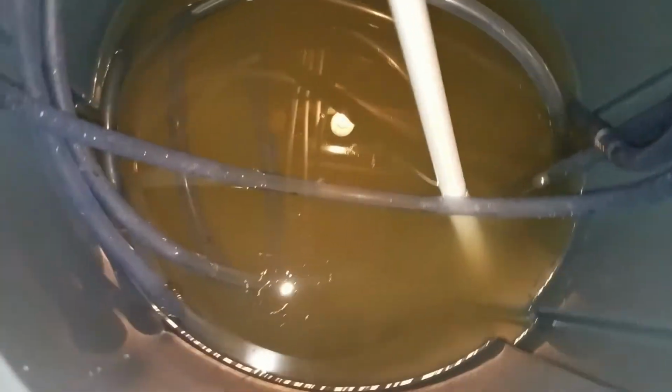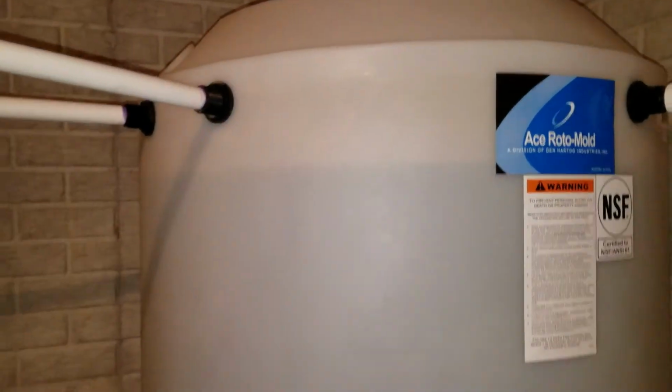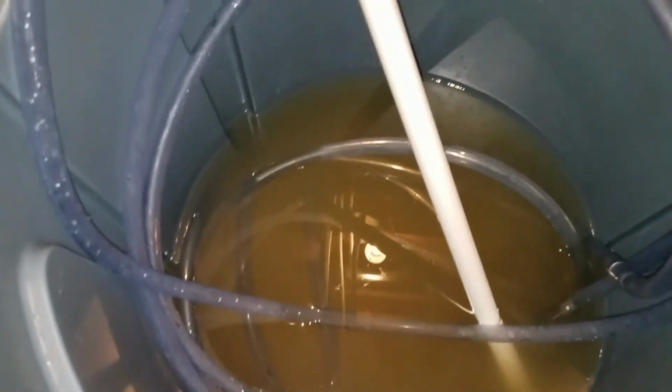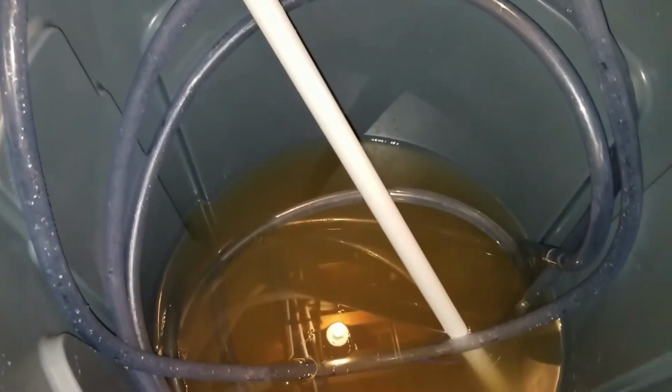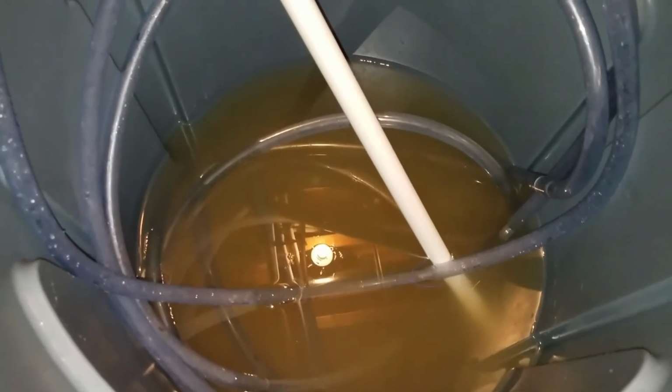Okay, just so you can see how nasty and dirty the water was, I probably only had to pull out, I'm gonna guess 10 or 15 gallons. So pretty easy to replace that, but to me very effective when it comes to removing all that extra detritus. So I will fill it back up and get everything running again, and what I'll probably do is wait overnight and test my